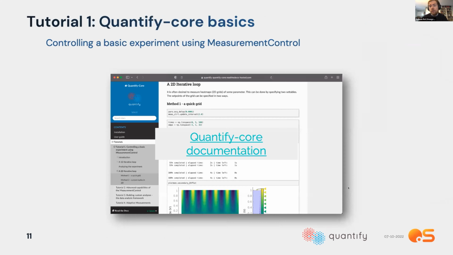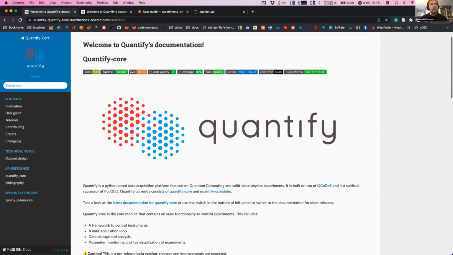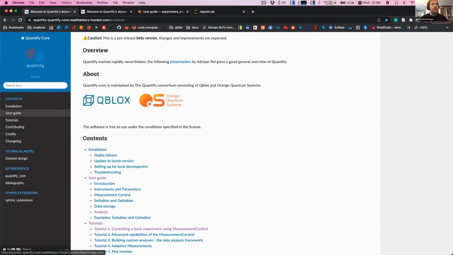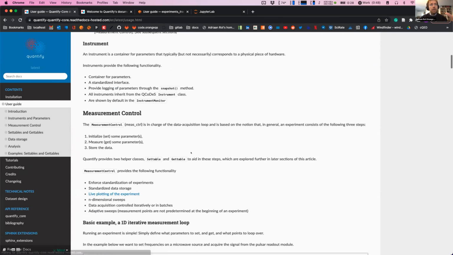The coolest thing I wanted to show, and part of why we did this, is the tutorials. One of the things we realized was that everything out there is mostly developed in the academic world, which is also where our background is from. Here we wanted to make something that we could use as a stepping stone. So I want to show you quickly the documentation of Quantify, and I've prepared a demo, as I said. Here you can see that we have a pretty extensive user guide where we explain all the basic concepts I just glossed over.